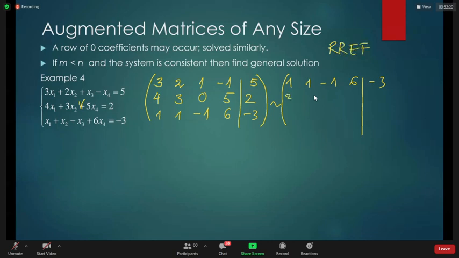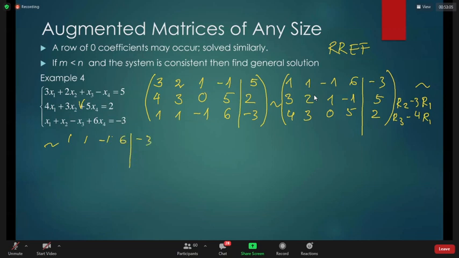And then we have 3, 2, 1, minus 1, 5. And then we have 4, 3, 0, 5, 2. Now let's try the row reduction. Let's make zeros below the first leading coefficient. Let's make zeros here, so we will have row 2 minus 3 row 1, to make a 0 instead of 3, and row 3 minus 4 row 1, to make a 0 instead of 4. And so we get 1, 1, minus 1,